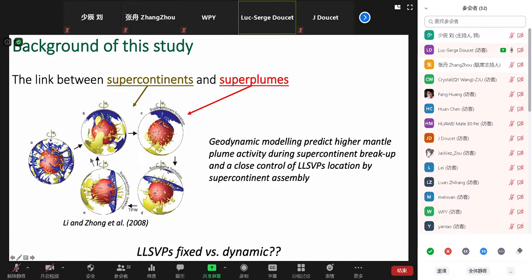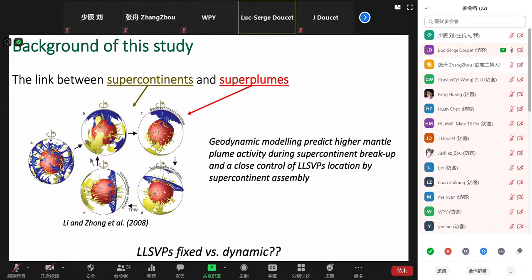And above this major upwelling, you will assemble the first supercontinent. In degree 1, with one big downwelling and upwelling, you have the supercontinent here. When the supercontinent is formed, you're going to have a subduction girdle all around it. Today, this girdle is known as the Pacific Ring of Fire, which is the legacy of the Pangea girdle. When you have the girdle, the slabs will go down to the core-mantle boundary, interact with it, and will trigger the